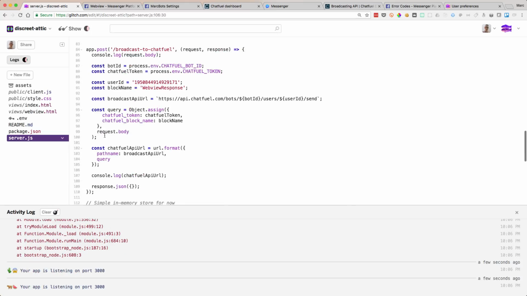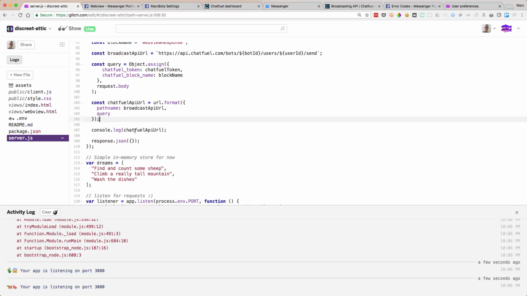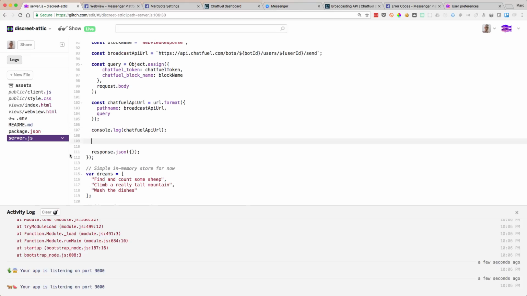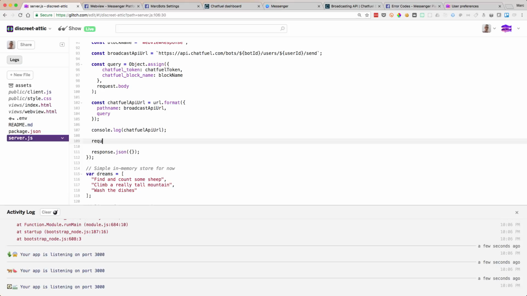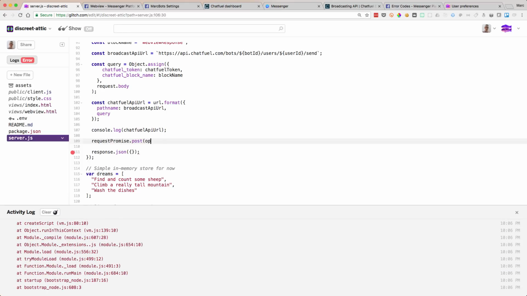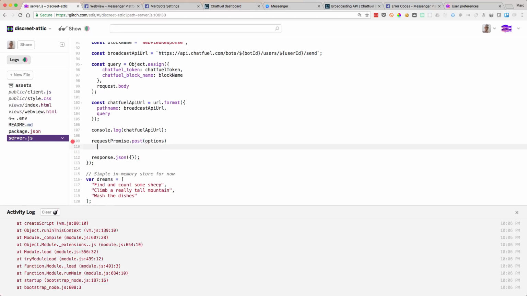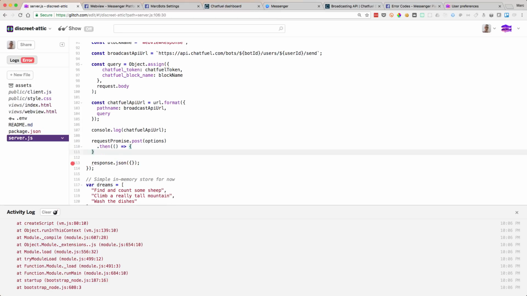Great. And then what we're going to do is zoom down to the bottom and make that request itself. So we need to say request promise dot post, and we're going to have some options which I'm going to set up now. Do then, so it's what we call a promise. It's going to return us some data, although the Chatfuel API doesn't actually return us any data, so we don't actually need anything in there. It's a function, which then